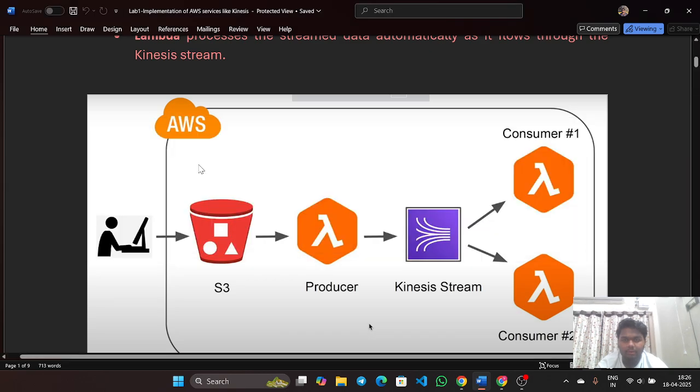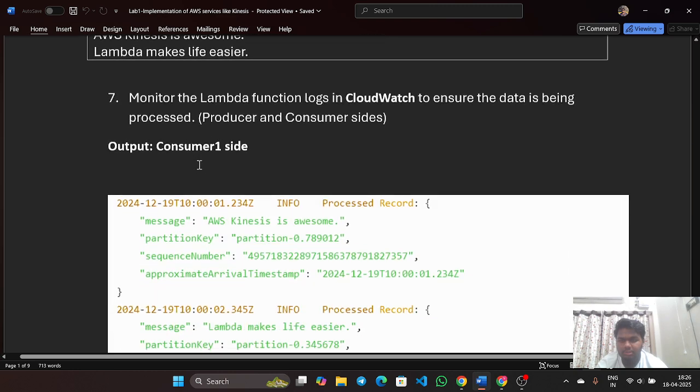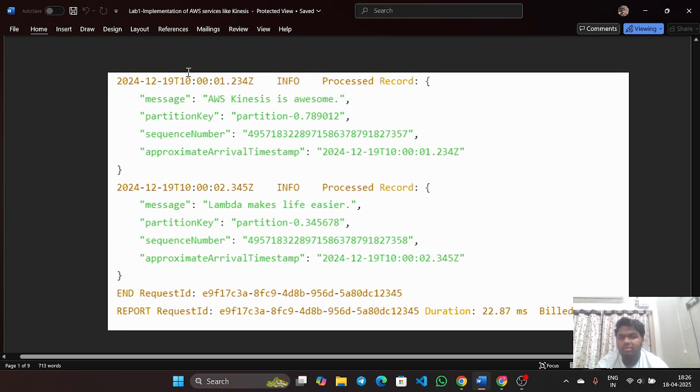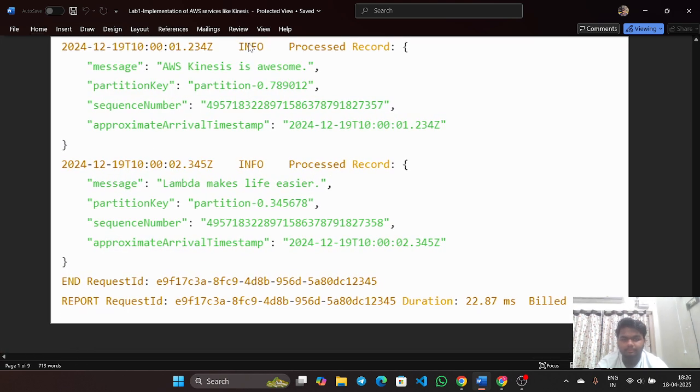you can go back to the Lambda execution. You can go back to CloudWatch. On the consumer 1 side, you can see this output,